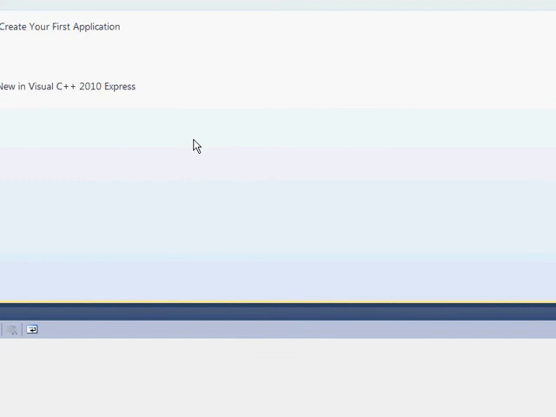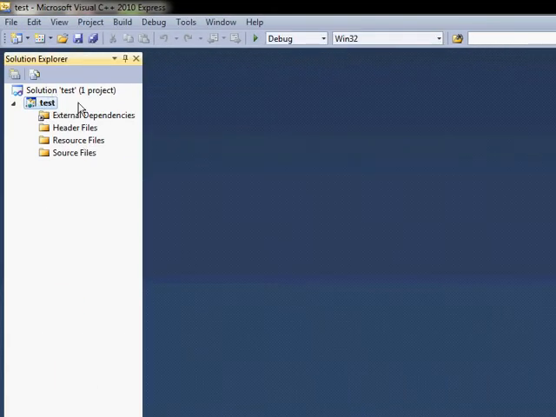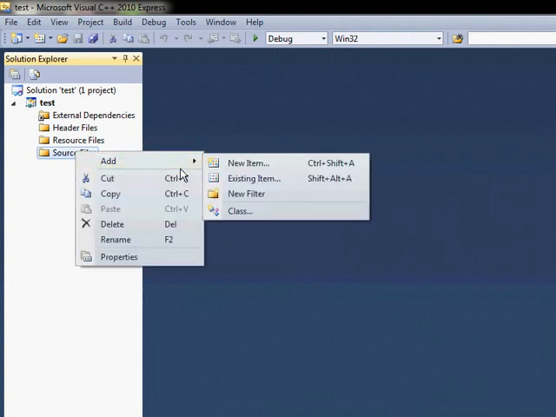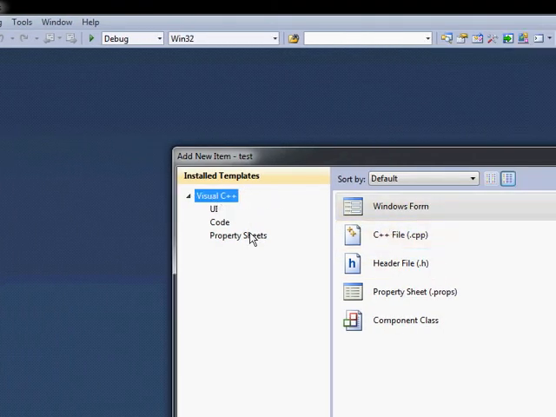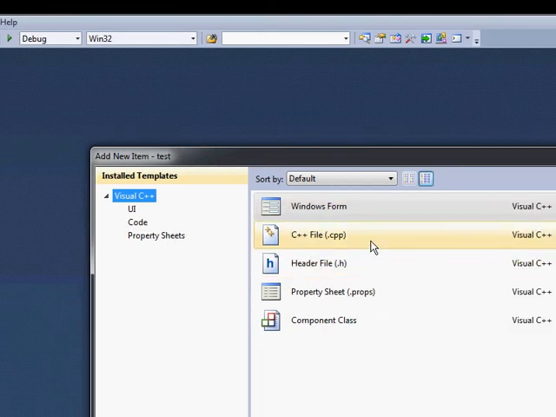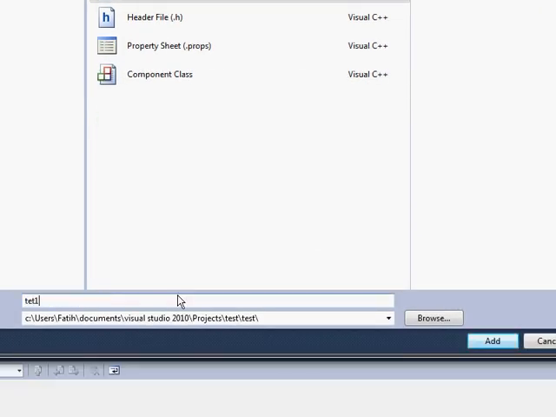Okay. And it's a little slow. So here's all the files. We'll be using the source file. You'll right click, add, new item, and here's all the different types of, I don't know what you should call it, but yeah, we'll be using C++, CPP. Title, so test 1,